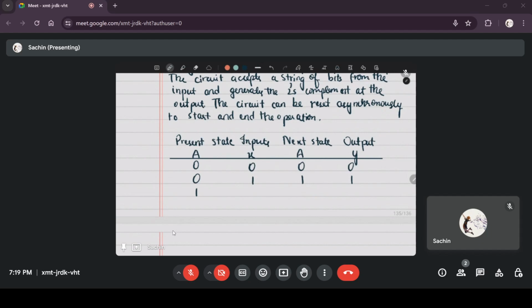Since 1 has already occurred, if the input is 0, it should still stay. After 1 has occurred, you can't go back to the state where 1 has not occurred. So the next state will be 1 always, regardless of the input. Only thing is the output is the complement of the input. So that is the state diagram,